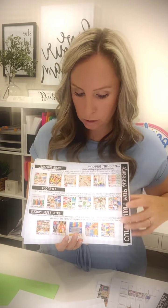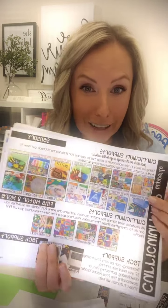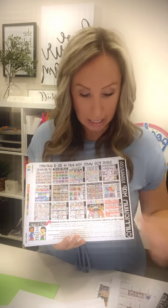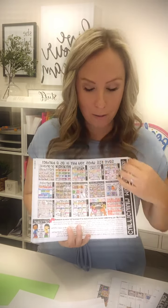And then here are just social skills, literacy, STEM, and math. And then sensory, like how to dye, all the things. Yeah, super helpful, right? And then tech help and just other helpful things. And then these are all the bundles. And then if you want to buy the whole curriculum, or ask your admin to buy the whole curriculum, it's right there for you. And then there's the curriculum map at a glance, which, hold on,